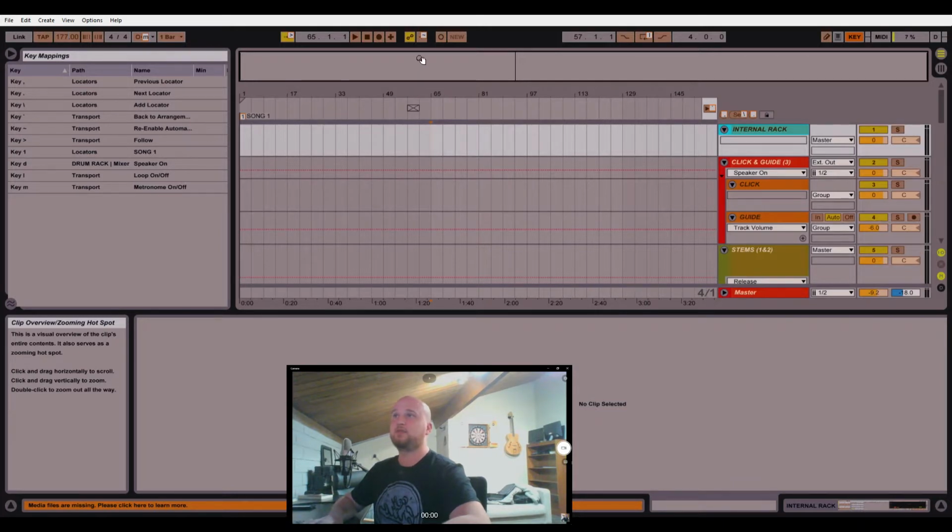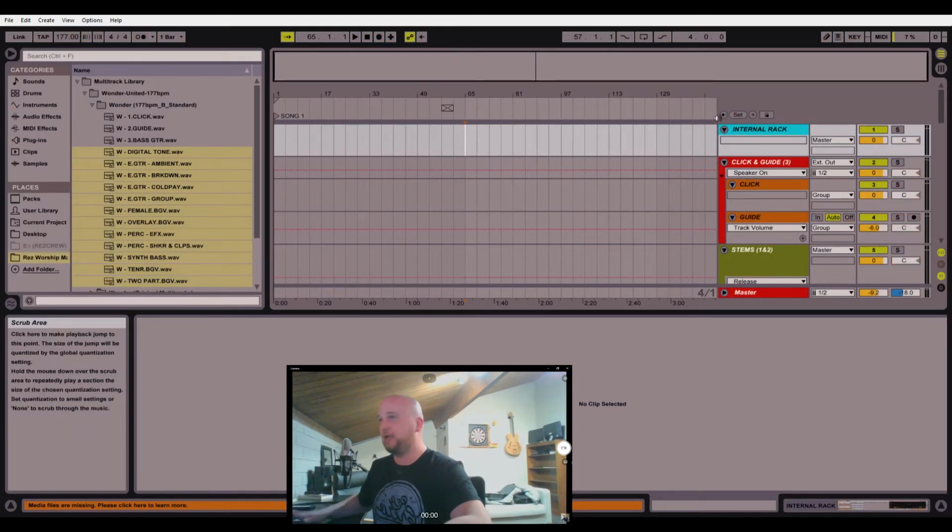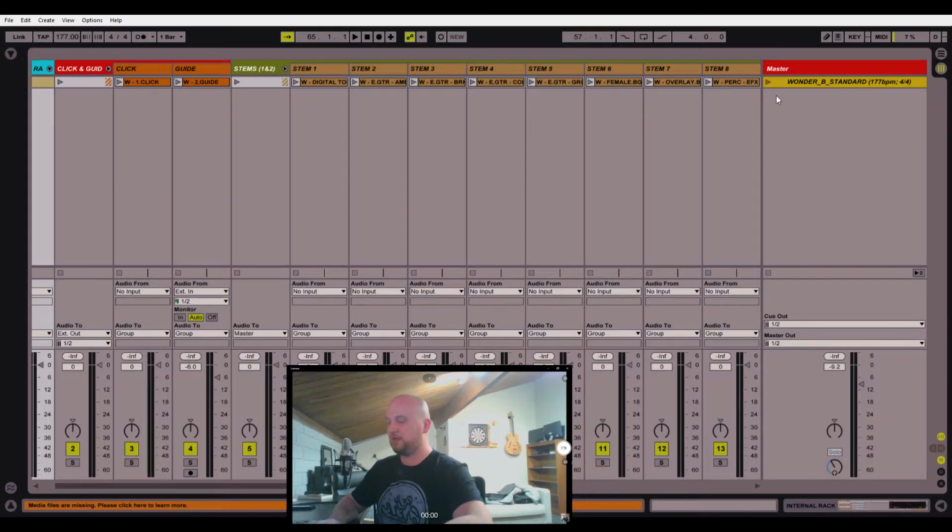If for some reason the assignment fails, then I don't know what this symbol is called, but you can find it on your keyboard. That will deactivate automation. And then the same button, not using the shift, will enable something called back to arrangement mode. I'll get into that another time. But anytime, I'll say it the short way, anytime you play something in session view,